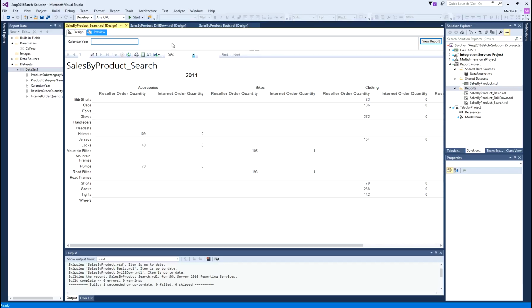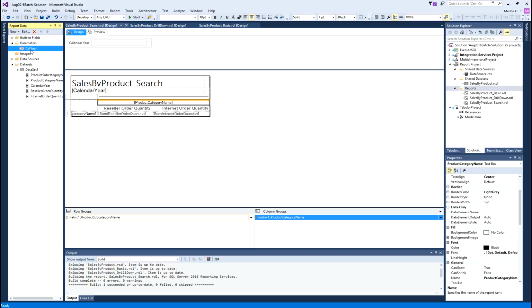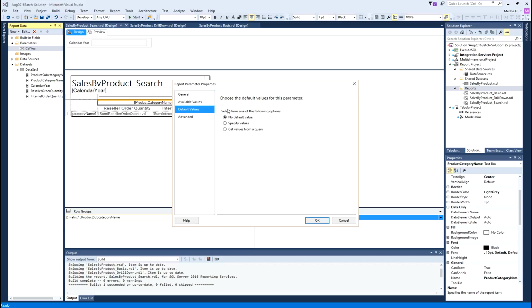Let us say the user does not enter the value and says view report. Now, SSRS by default throws an error message saying please enter a value for the parameter calendar year, the parameter cannot be blank. SSRS throws that error message because we have not provided any default value. If you go to the parameter properties, we have not provided any default value.